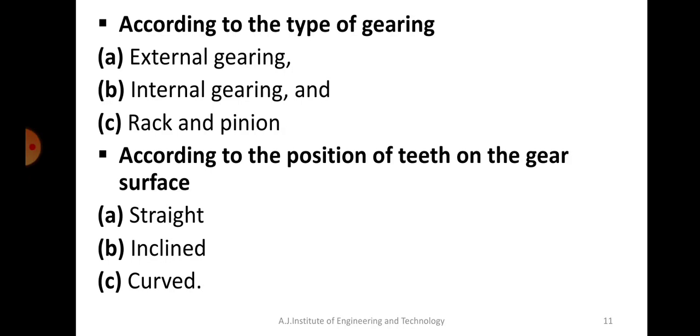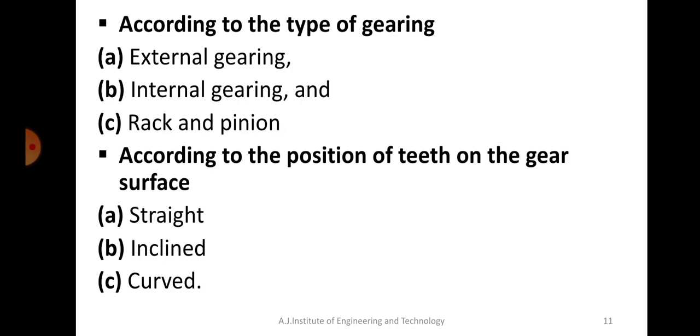Now, what do you mean by internal gearing? Internal gearing means you will have two gears where one of the gears will have teeth inside, not on the outside of the circumference, and the other gear will have external teeth. When they mesh, that means one gear will be inside the other gear, then we call that internal gearing. If both the gears have teeth on the outer side and they are meshed from outside, it is called external gearing. Now if one of the gears is inside and the other gear is outside and they are meshed with one another, where one gear will be within another gear, we call that internal gearing.